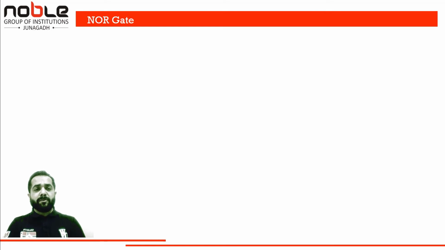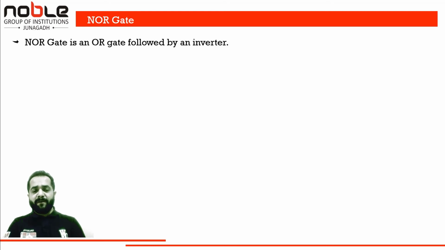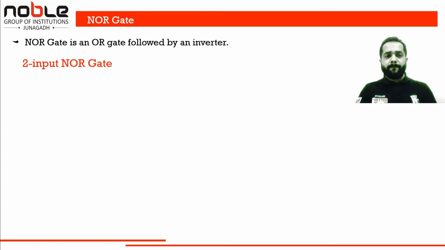Now move on to the NOR gate. A NOR gate is an OR gate followed by an inverter. It means the NOR gate is the combination of the OR gate and the NOT gate. The symbolic representation of the NOR gate is shown here. There are two inputs, one is A and the second one is B, while the output is called